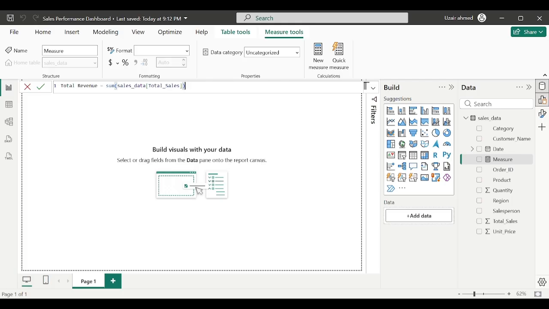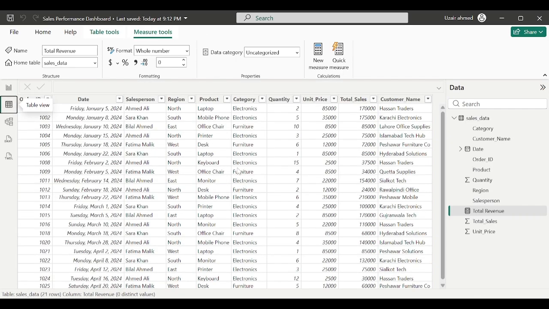Okay, that might be your average, your total value, or any calculation. But if you make a calculated column, it will give you row by row all the values. Like if we go to the tabular form here, first hit enter so we can complete our measure. Yes, now if I go to my data set and go to new calculated column,